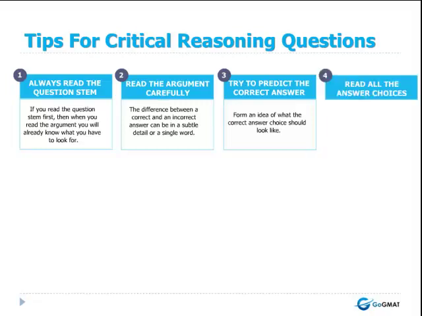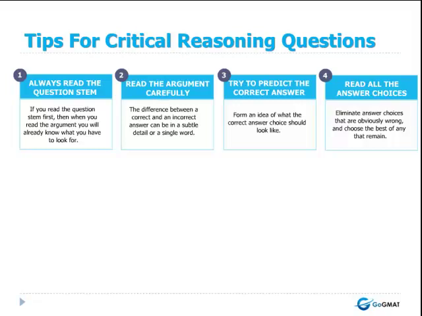4. Read all the answer choices. Even if you see a choice that resembles your prediction, you still need to read the others. Start with the first choice and read them one by one. Eliminate answer choices that are obviously wrong and choose the best of any that remain. If you think that the first choice does the trick, read the remaining choices anyway, in case one of them